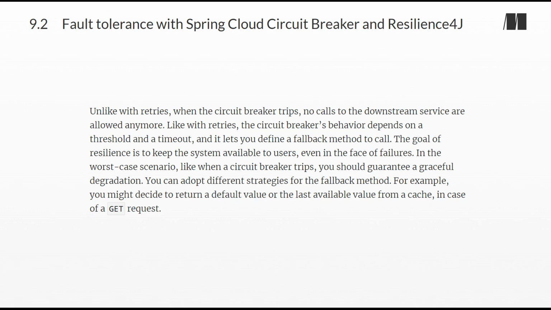Like with retries, the circuit breaker's behavior depends on a threshold and a timeout, and it lets you define a fallback method to call. The goal of resilience is to keep the system available to users, even in the face of failures. In the worst-case scenario, like when a circuit breaker trips, you should guarantee a graceful degradation. You can adopt different strategies for the fallback method. For example, you might decide to return a default value or the last available value from a cache